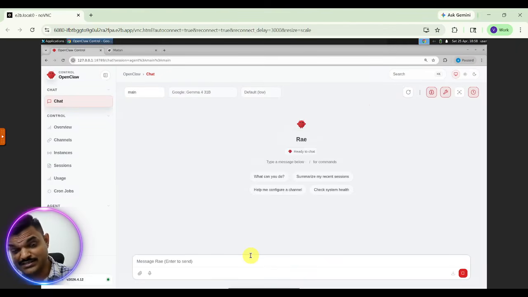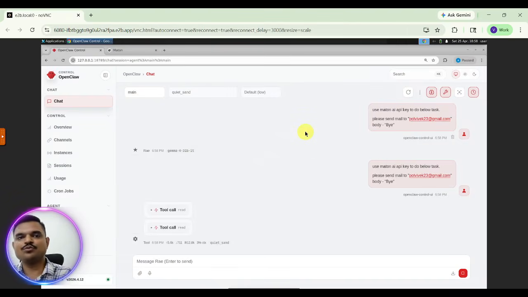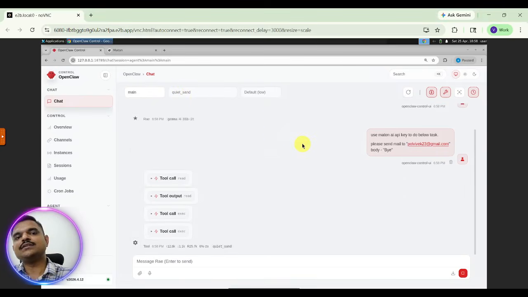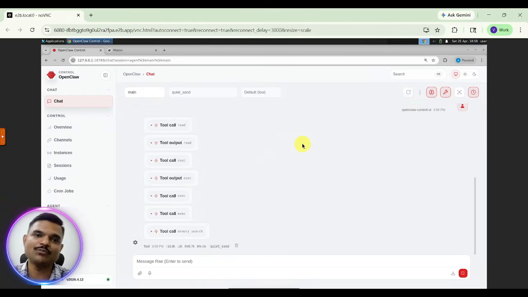We will see. This is a new thing. Sometimes it hallucinates and doesn't perform the task. So it is new. You just have to select the model here. A lot of models are there. You can choose Anthropic Opus 4.5, 4.6 as well. This is a quicksand I am using. This is like offline models. Ollama is also there. One of my videos is related to Ollama. You can download an LLM offline and store it locally in your laptop and perform tasks. This quicksand model is also like that.